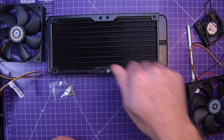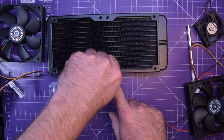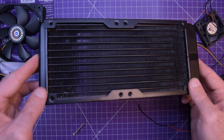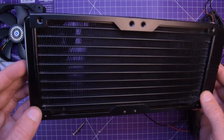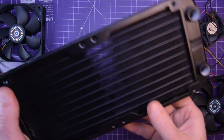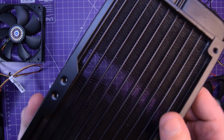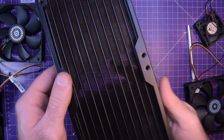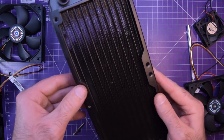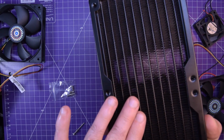Yeah, that will work. So either I can trim these down or I can get slightly shorter ones. But that'll hold in place, which is all that's really important. I'm going to have to do a water tightness check. But yeah, this thing, it's not too bad. It's not great. So it's nothing special, but it's nothing too terrible either. I can't wait to see how much cooling potential this thing has, but looking at it now, it doesn't seem